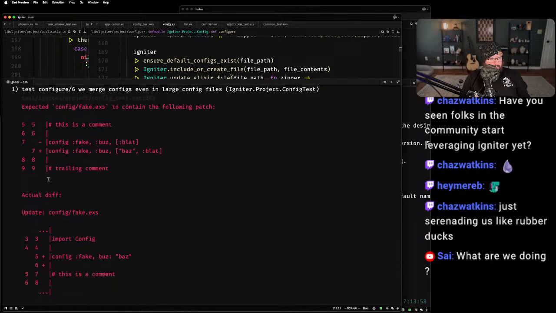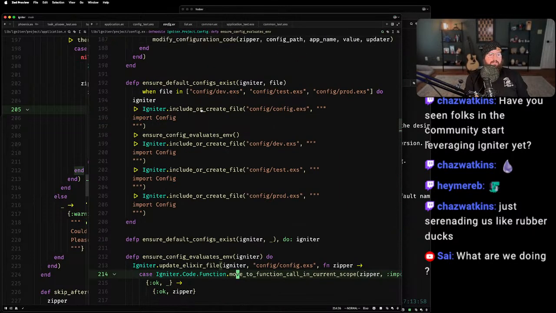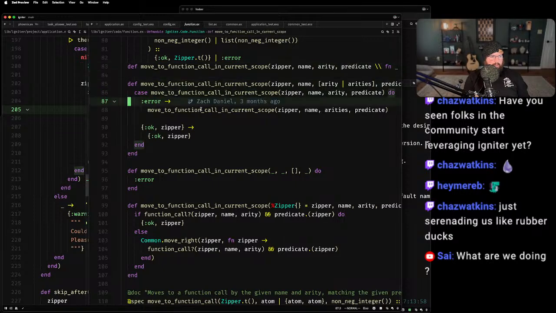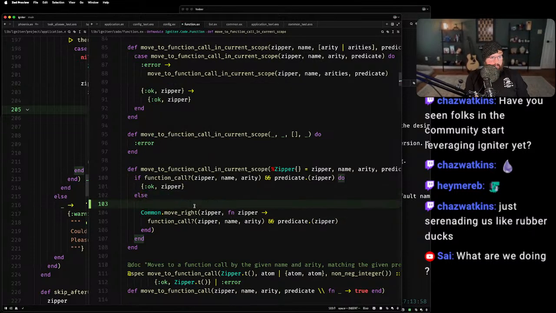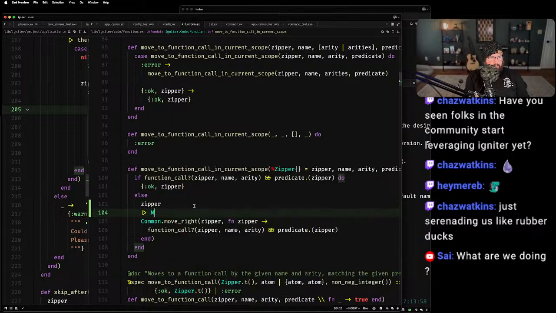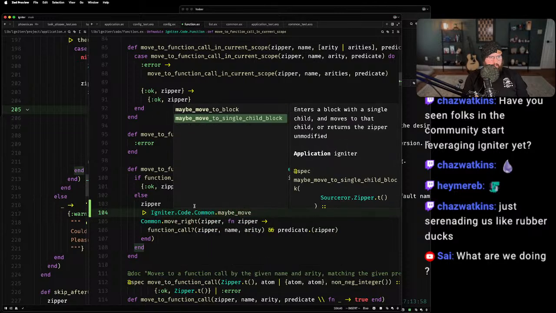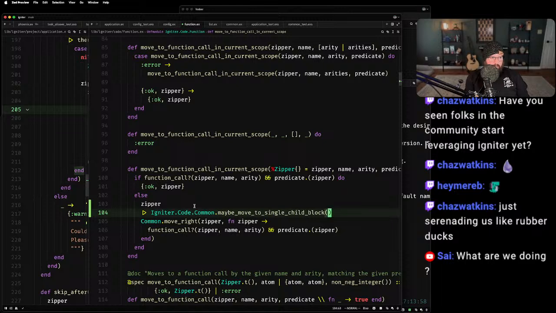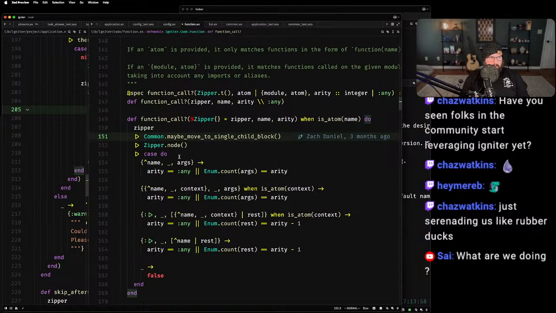So we're not properly, okay, so move right, there's no calls to move right in config, which is super annoying, but move to function call in current scope uses move right, it does. So this might be one of those. So the function call part works.